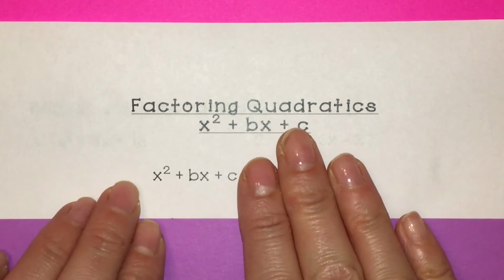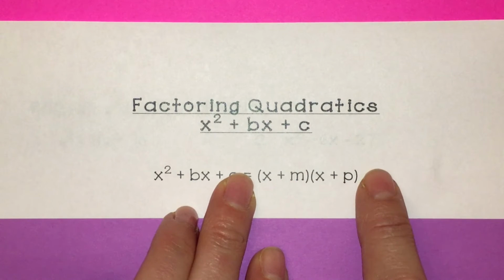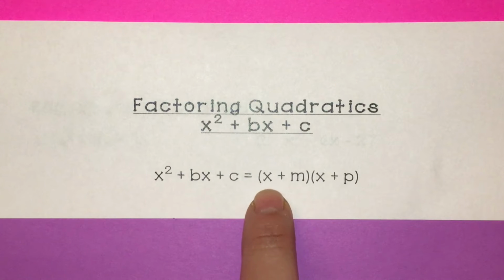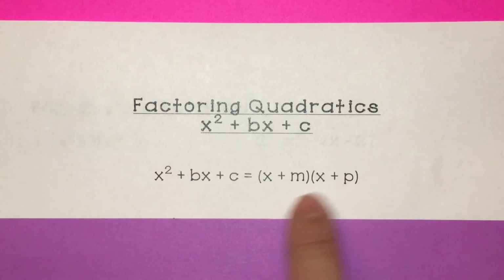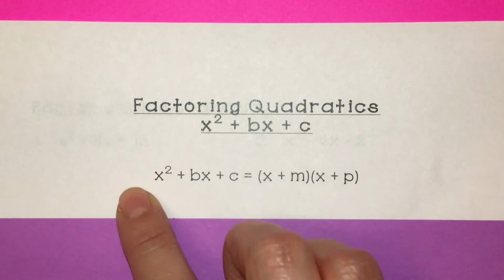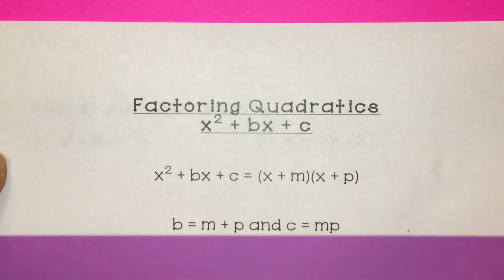So we're going to start with this quadratic and we're going to break it down to its simpler parts. A lot of times you start with x plus a number times x plus a number, and you can use FOIL, multiply, and you'll end up with this resulting quadratic. So we're just going to factor it back to this form. In order to do that,